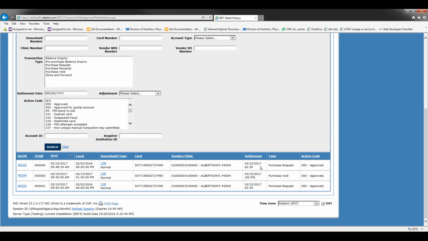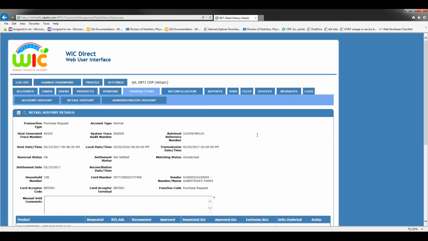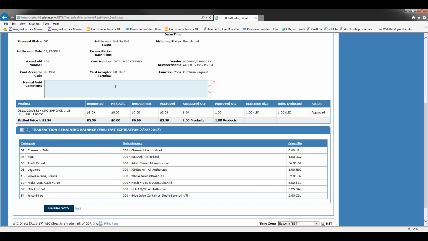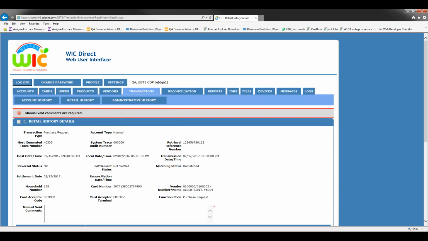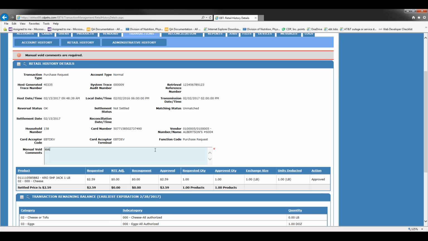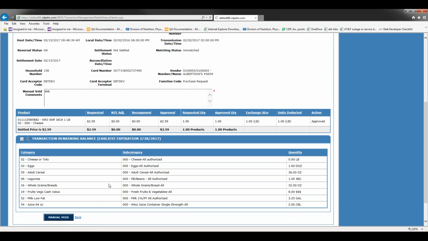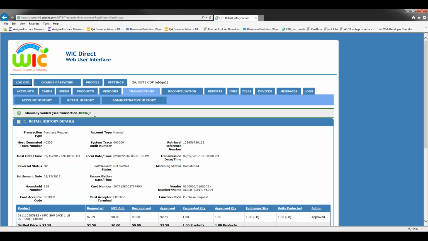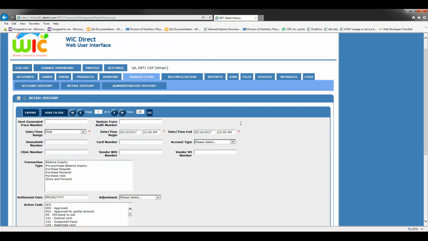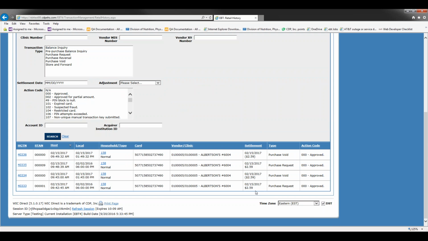And now I've sold that cheese again. And I want to give the cheese back because I shouldn't be messing with Carol's stuff. And let's take 2. If I tried to void this without comments, it would actually say you need to have comments, right? Let's just do that. Manual void, you need comments. Okay, there's some comments. Manual void. All right, and it voided it. And if I went over to retail history, you would see, looks like Karen's playing around with cheese today. Buy the cheese, void the cheese. Buy the cheese, void the cheese. And that's all there is to